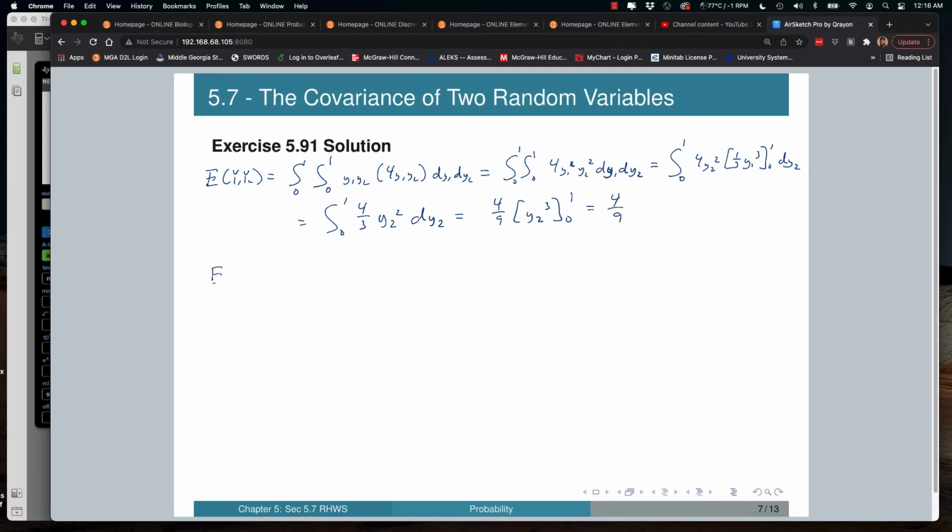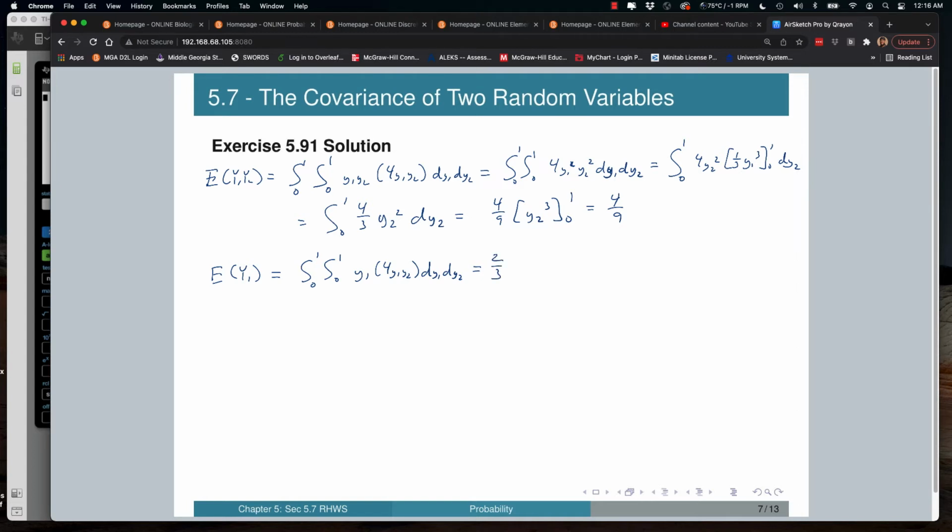The expected value of y sub 1 we've already found in the past, so I'm not going to worry about going through that. I'm going to set the integral up for you and give you the final answer. But the double integral will be from 0 to 1, 0 to 1. We multiply in an extra y sub 1 times 4 y sub 1 y sub 2, and then can go in the y1 direction or y2 direction, whichever one you prefer first, equals